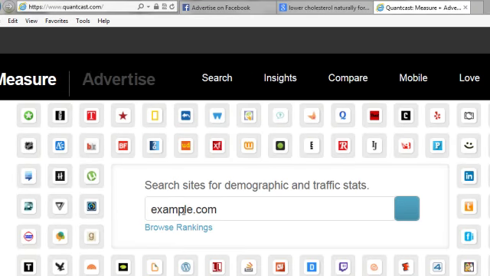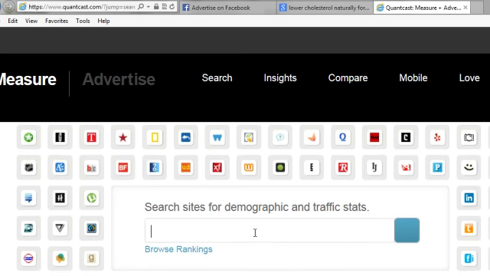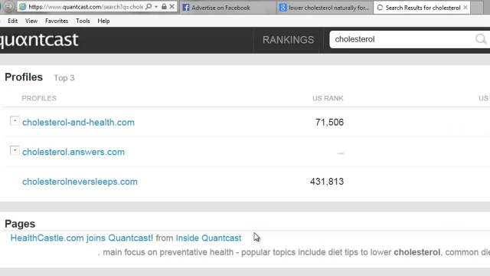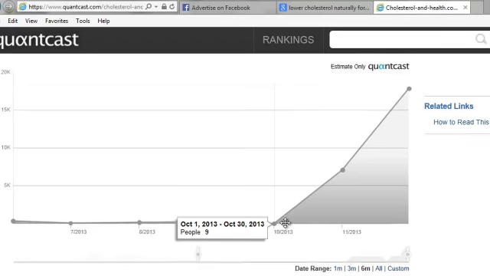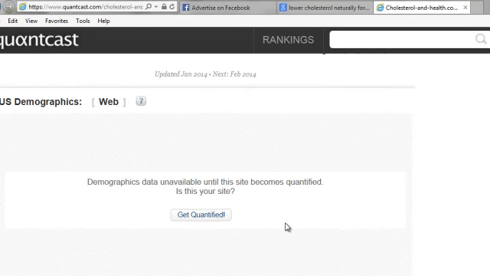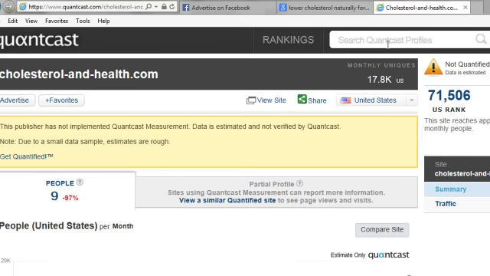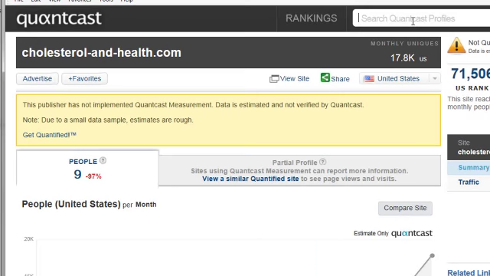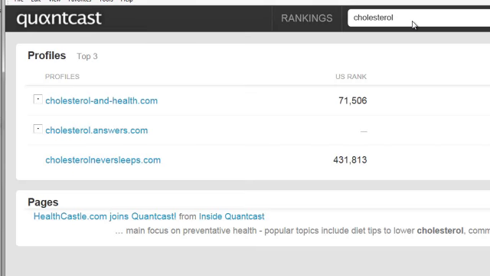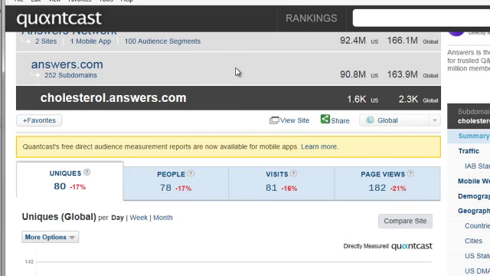So let's go ahead and search for sites. We can click on search here, and let's type in cholesterol. So cholesterol and health, cholesterol and answers. Let's go ahead and click on this here and take a look. Now, some of them don't necessarily have the data. So if that's the case, we're going to have to look at another site. Okay, so